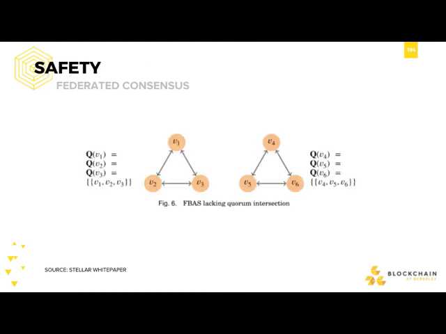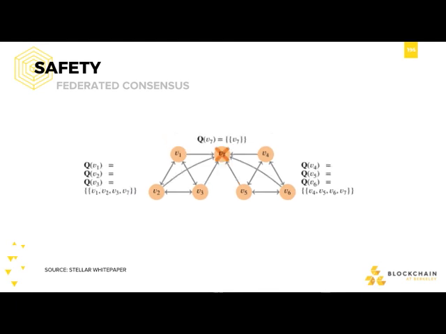Safety is particularly important in a federated system because you need something we call overlapping sets. In this case, safety is not guaranteed because you have 2 disjoint quorum slices, and as a result, they can reach a different conclusion after the state update. What you do need is something they call an interlocking set. In this case, you have 2 separate quorum slices, but they both have V7 in common, so there's an assumption that V7 would be able to coordinate within them, and as a result, they would be able to reach the same safety.